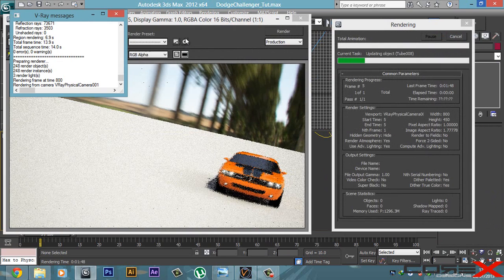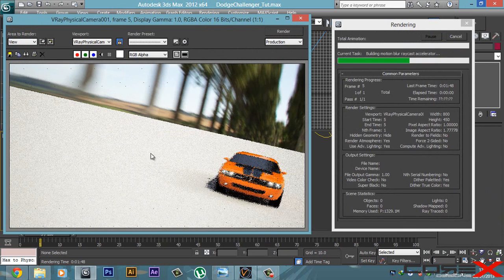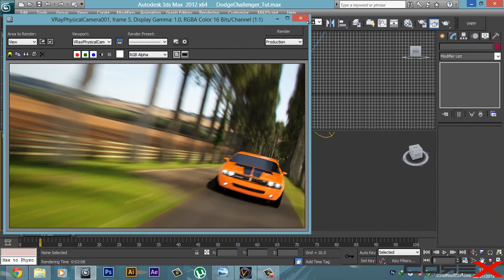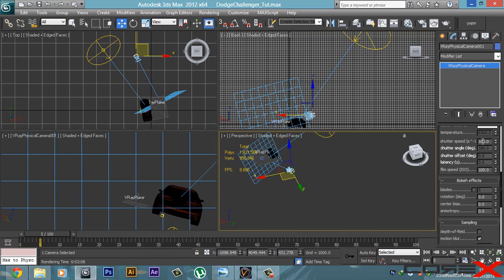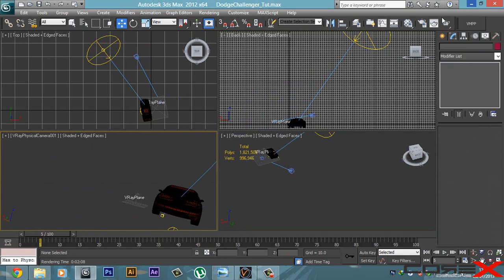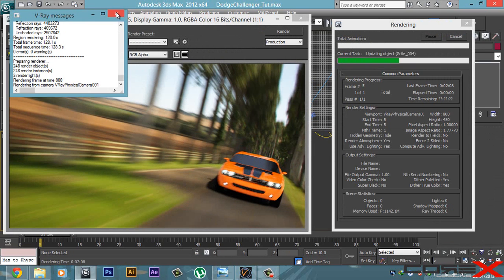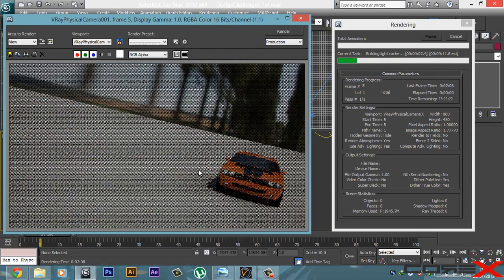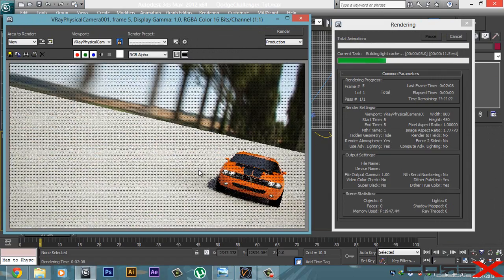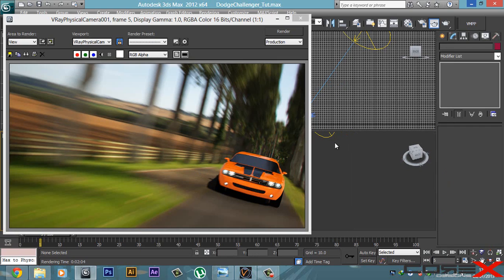So I'm just going to go ahead and render this out, and this is probably going to be our last render so far. Okay, so that was probably too much, too low a shutter speed. So I'm just going to try something like 125, and that should do pretty well. While this renders, this is probably going to be the last render, and this is probably done the entire image. So let's just wait and see how it looks right now. Okay, so that is looking pretty good in my opinion, and I think we're ready to finally render this out using all